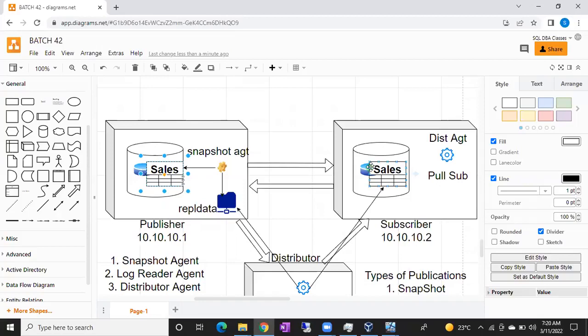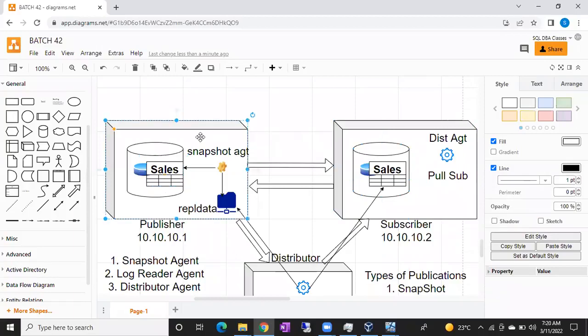Unidirectional means not subscriber to publisher, guys. Take the example of The Hindu newspaper. You cannot give articles to The Hindu print agency. The Hindu only has to provide the newspaper to you. The Hindu prints the articles, but you cannot print articles and give them to The Hindu. This is The Hindu and this is yours. You are the subscriber, right?